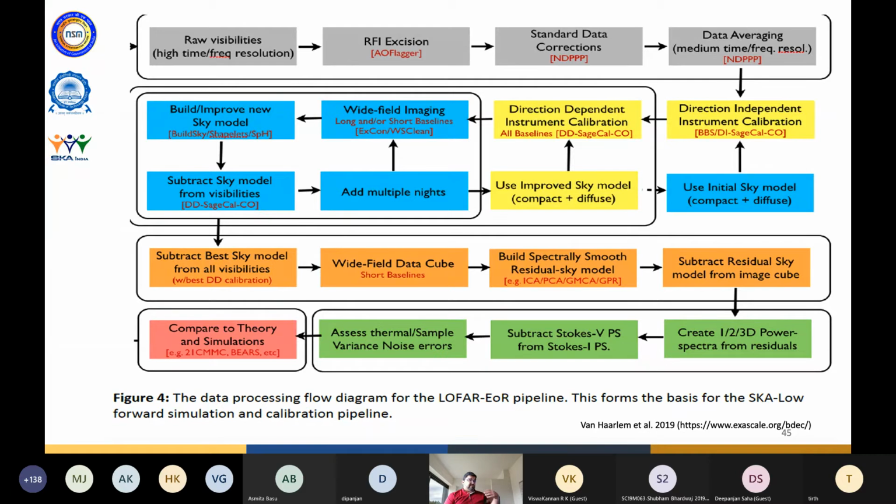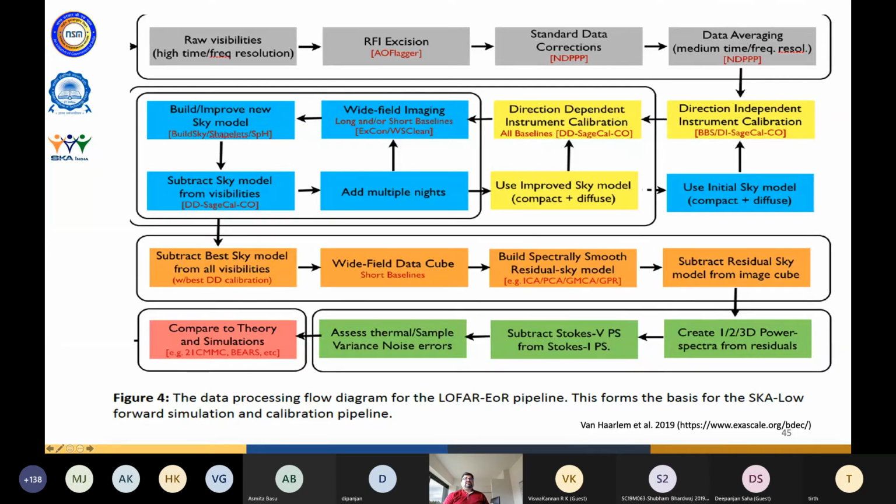But there are other groups discussing how to store this data, how to distribute the data over the entire globe, and how to effect this processing. So somewhere in between, this SDP group is what is going on. This is a slide from LOFAR, which is similar to what SKA1-Low will be doing. You can see how this is done in their case. It's taken from my XCon presentation from the LOFAR group.